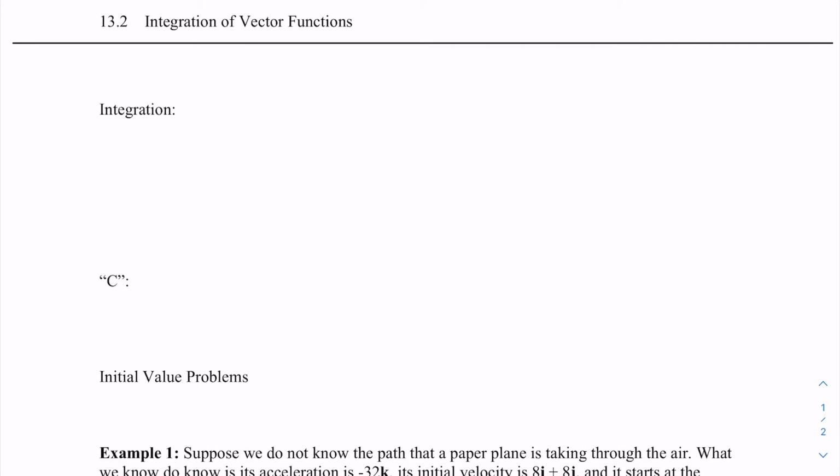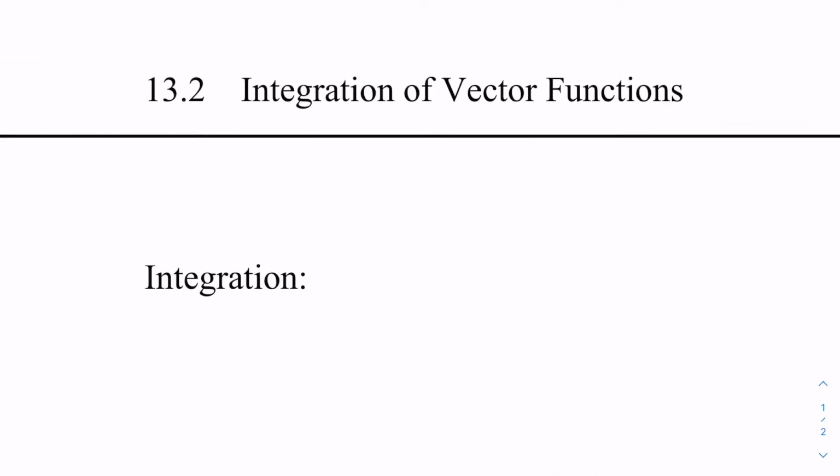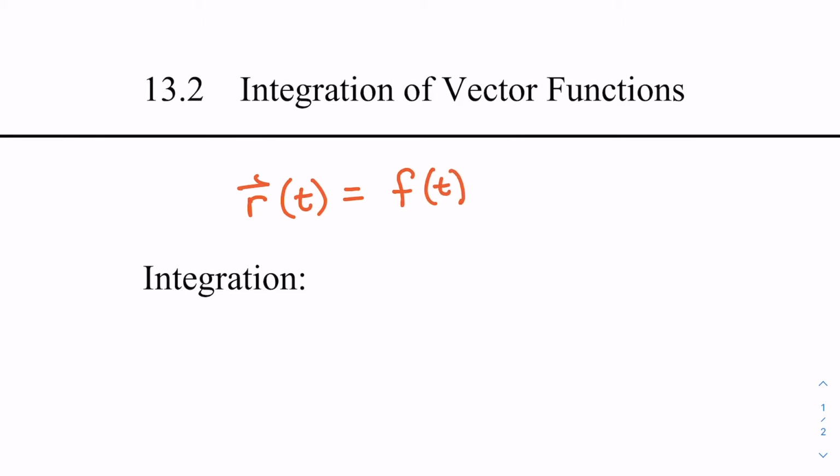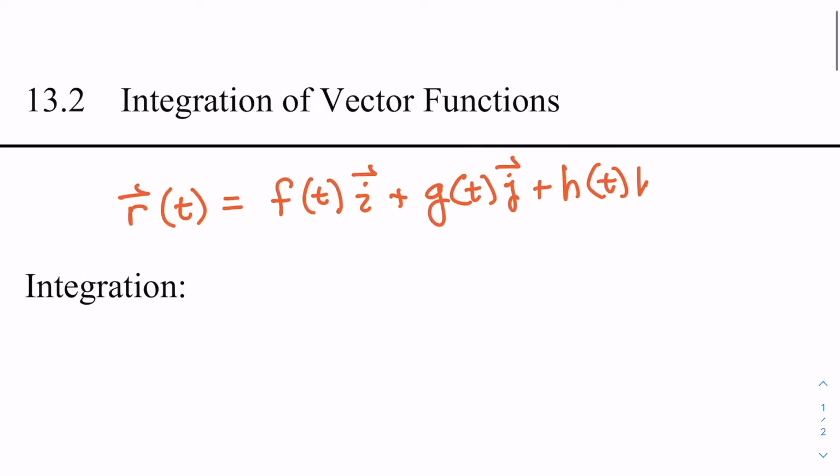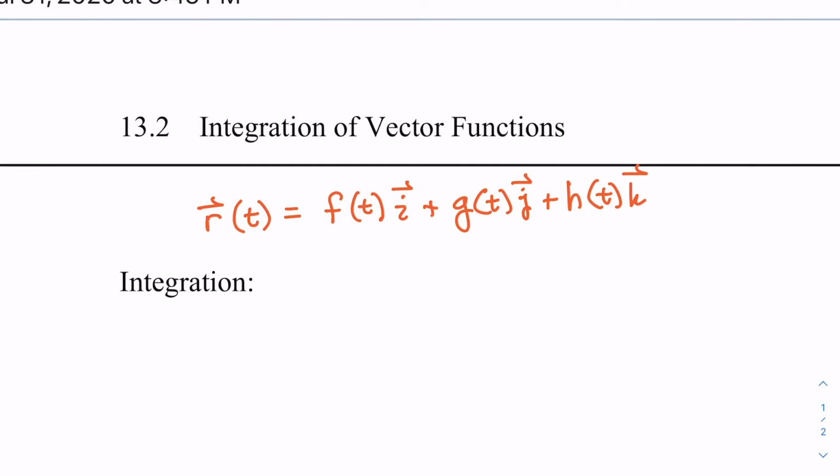And just as a quick reminder, we know those are functions in the form r of t, so the output is a vector, equal to some function of t in the i direction plus some function of t in the j direction, and then a third one of t in the k direction. So you plug in a specific value of t, and the output of this function is a vector. So we talked already about